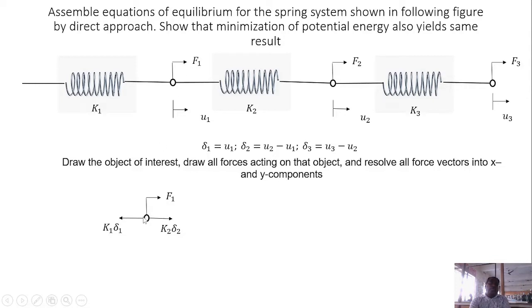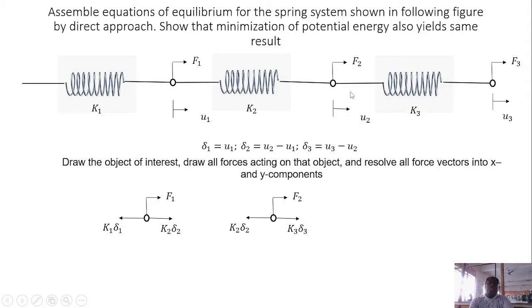So I can represent the free body diagram with all the forces acting on the object like this. The same is followed for the second node. Here you see the three nodes are available: 1, 2, 3. What happens with the second node? Here the second node is acted on by the second spring's load, so K2 delta 2, and on the right hand side what happens,